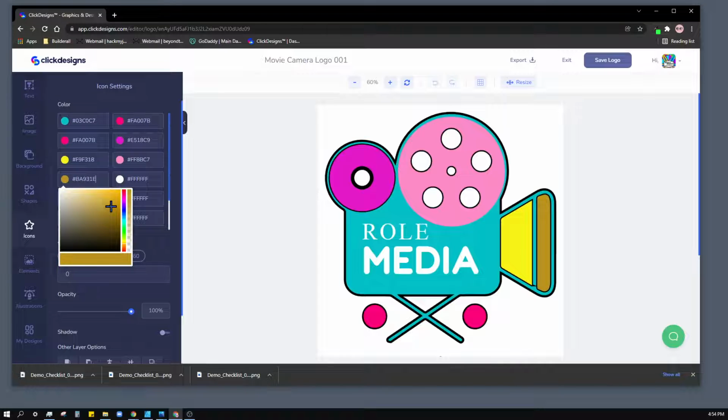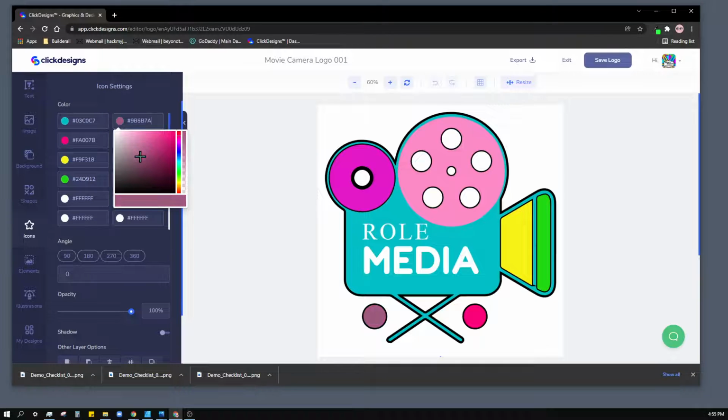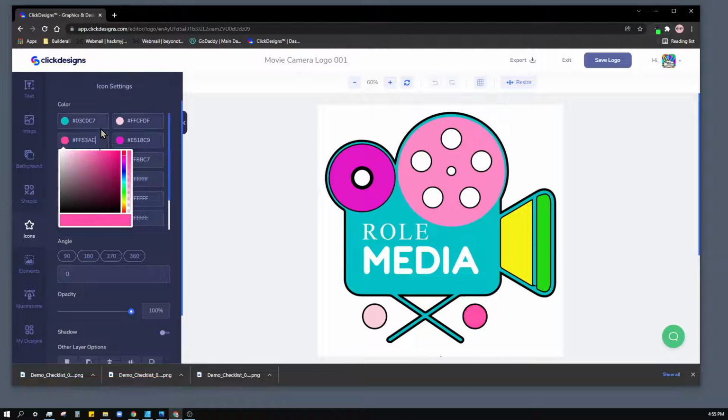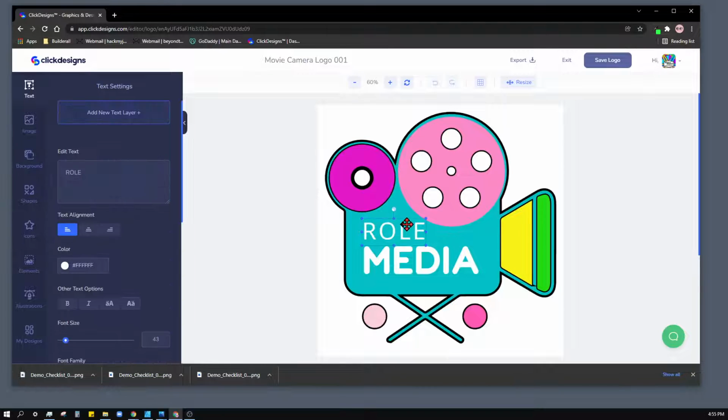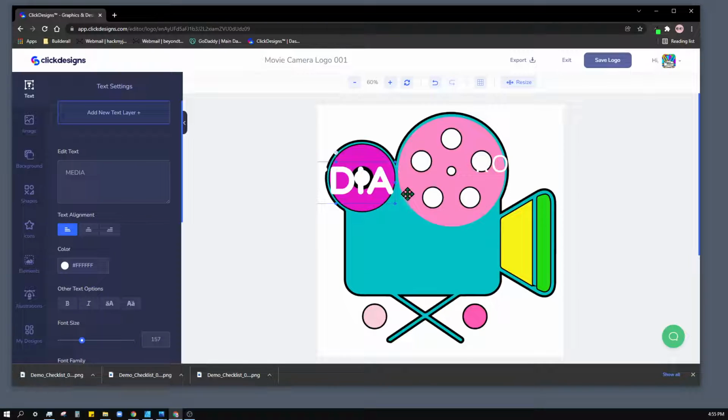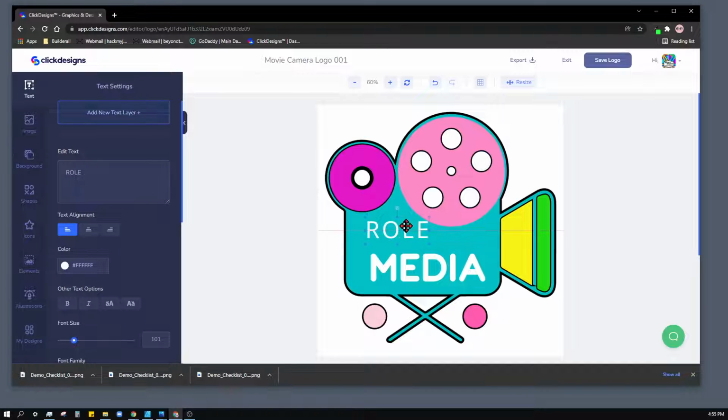This is probably the one way out, yep, on the end over there. So we could make it green. I know these probably are not colors that look good in color theory. Probably a terrible color combination, but it's mostly just so you can see that this has the ability to change out all of the different colors in it, and one at a time. So you can really kind of customize the colors of it. And you could do something else with that. You could get rid of them. You could put something else in there. You could say,